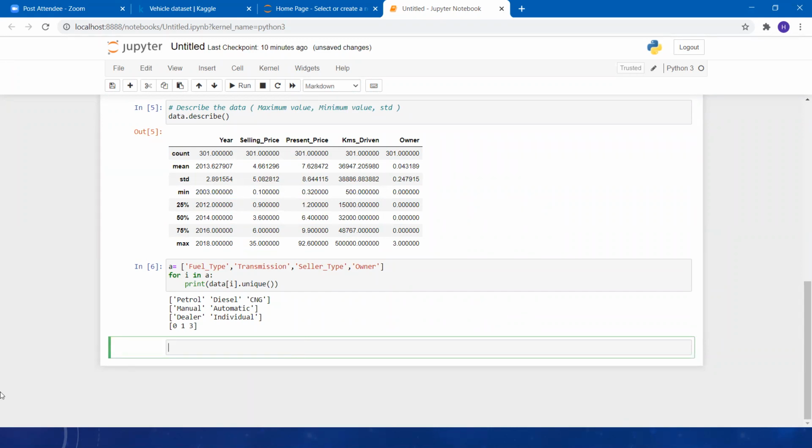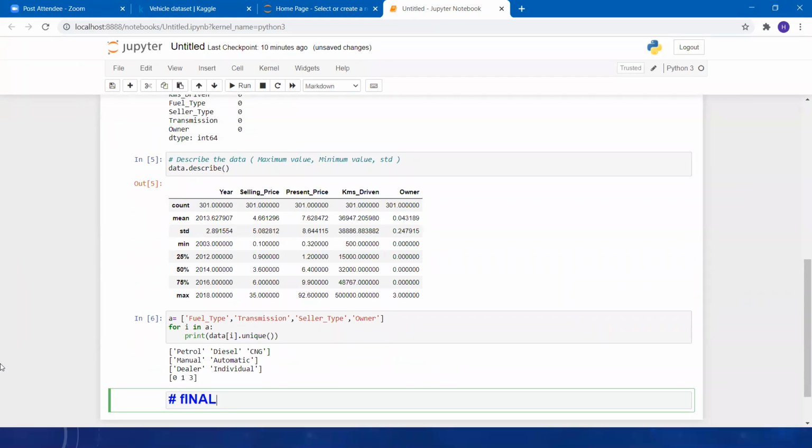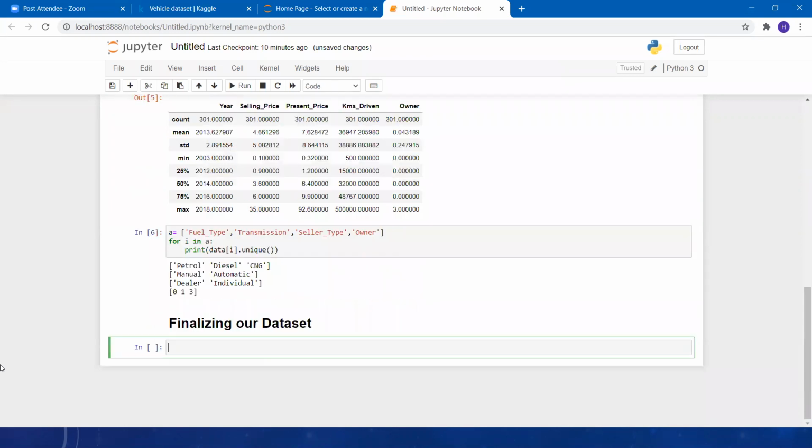Okay, no one is here using iloc. First of all, we have to do some pre-processing over here before using iloc. Let's say we are going to finalize our data, finalizing our data set in which we are going to handle all the columns.